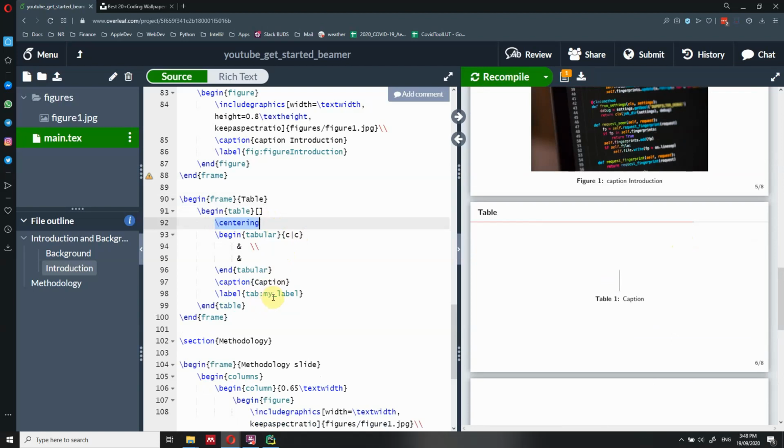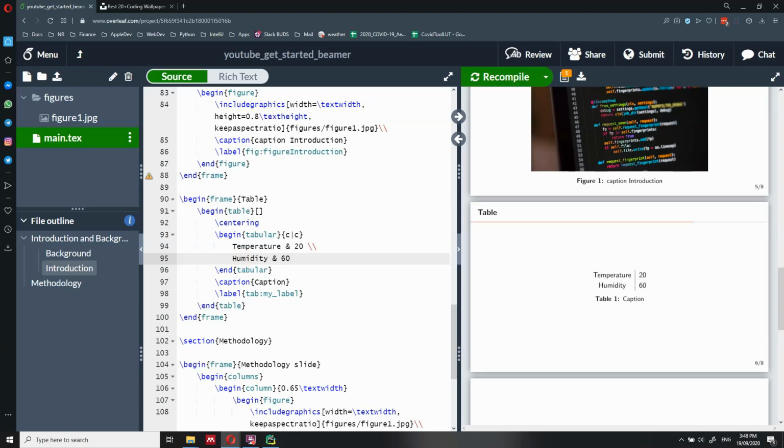We have already a label, my label. We have already a caption. We have already a tag. So the only thing that we need to do is numbers. So we can add, let's say, temperature, and we say 20 degrees, and humidity, we say 60. So now we have added our table, and we have temperature and humidity.